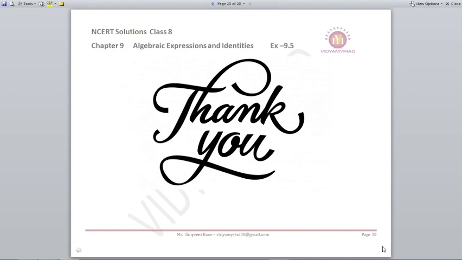That's all for this exercise, children. Full of formulas, full of identities. Basically, you need to learn 3 to 4 identities. Please learn it thoroughly. See what is x, what is a, what is b. Write it down so that it becomes easier for you to substitute into the formula, and do it very carefully. This exercise requires a lot of practice. Please do it. Do not ignore. This will be further helpful in your next classes. So please make sure your concepts are clear.